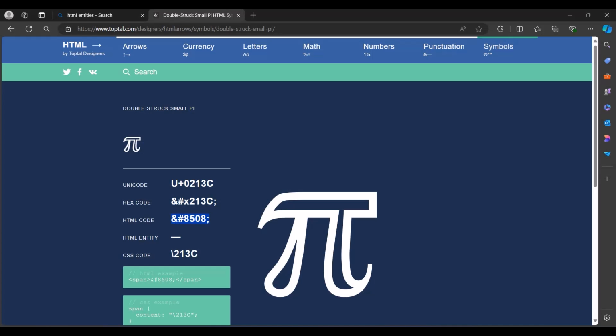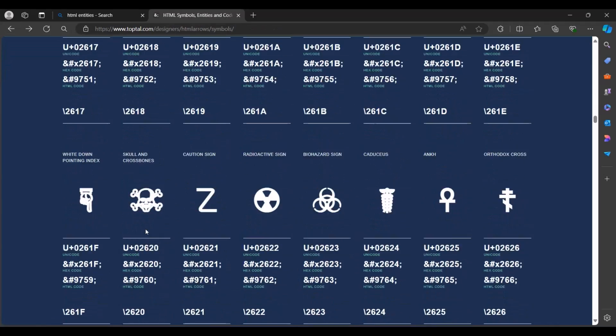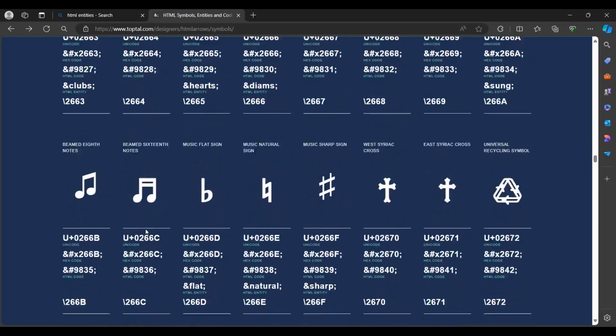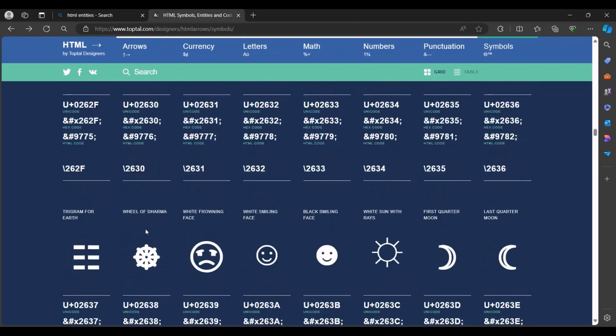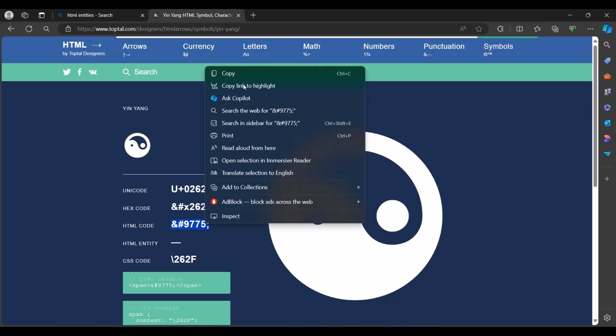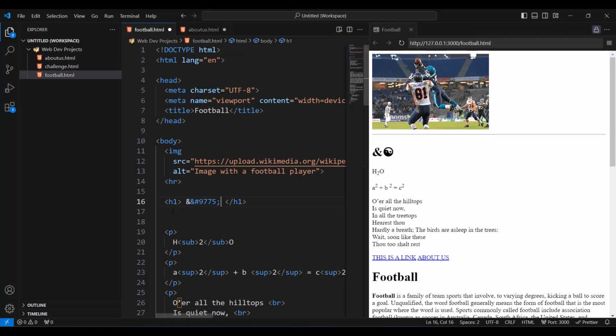Let's open the browser again. Let's look at more symbols that you can use. We have a star. Let me see if I can get the heart. I can't find it, but let me go up. Let's copy this one. So I'm gonna copy this, open Visual Studio, and paste it here. So delete this. Now we have this symbol. Alright, I'm gonna end this video here, and I will see you in the next video.